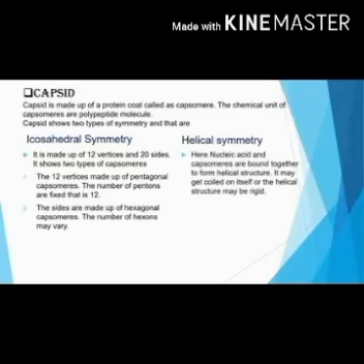Now, in helical structure, the nucleic acid and capsomers are bound together to form a helical structure. So, the nucleic acid and capsomers get coiled to each other, and it may get coiled on itself, or the helical structure may remain rigid, that is, it may show a rod shape. Now, some viruses may show complex symmetry.